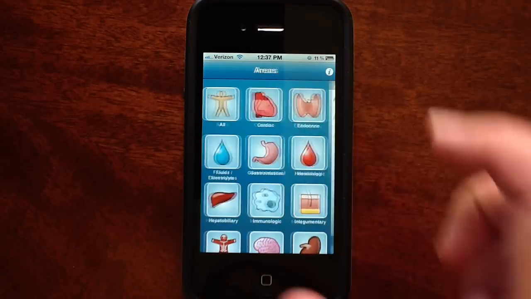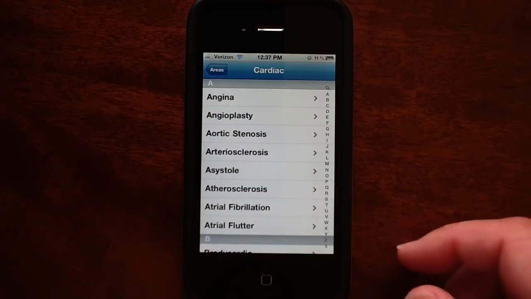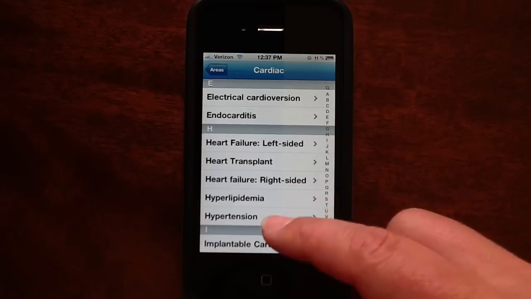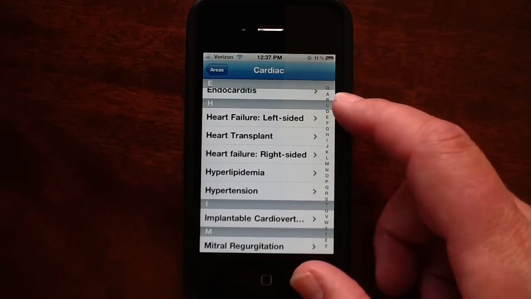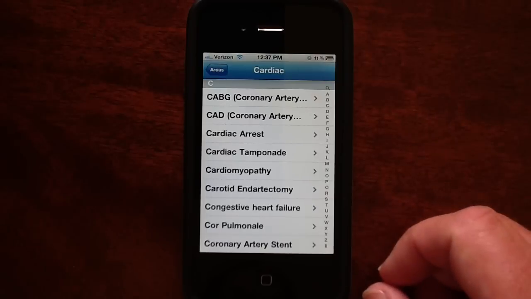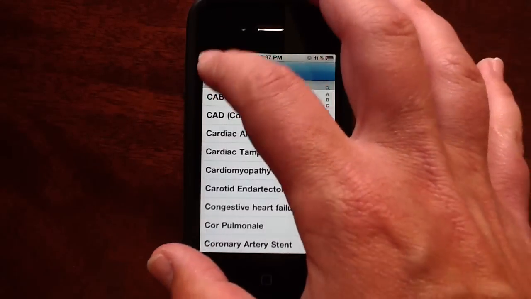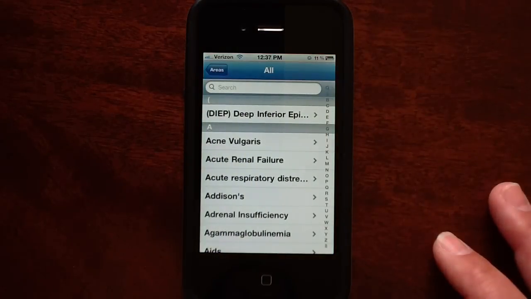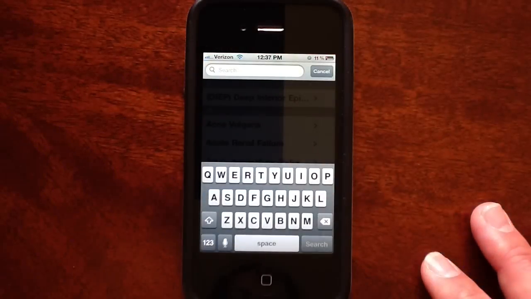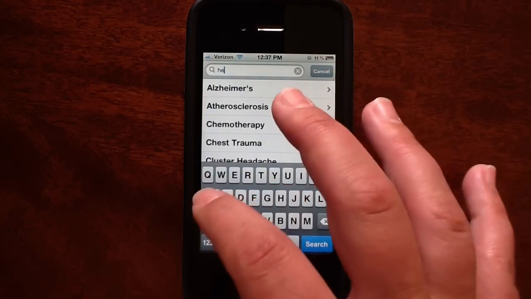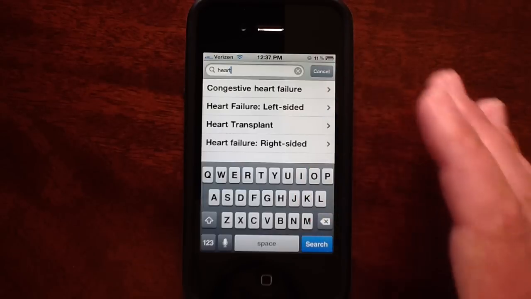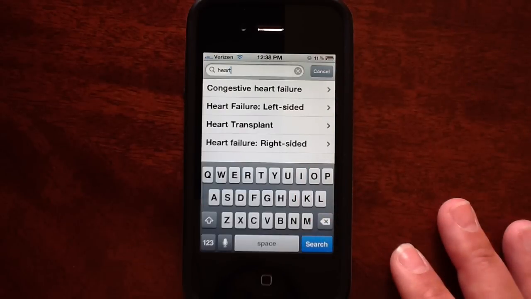related to that system. For instance, cardiac. You can see here that you can scroll down. You could also just click on the letter of the diagnosis that you would like to look up, and it will directly go to that letter. In addition, you can go back and search for any diagnosis by going to the All tab. So essentially, if I were to look under heart failure, it gives me a couple of different options, and it